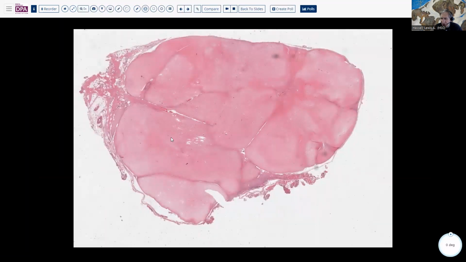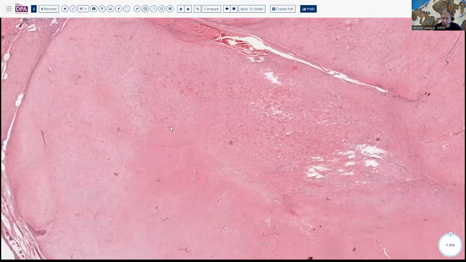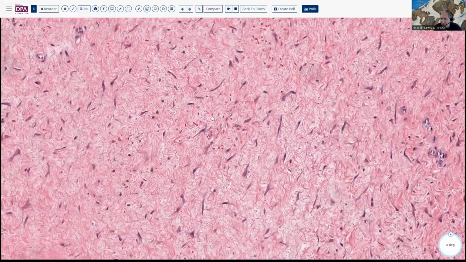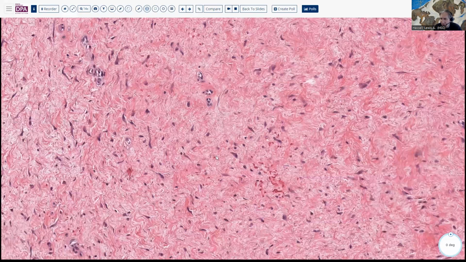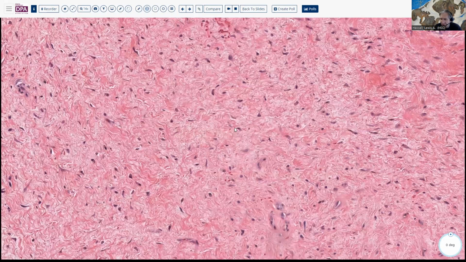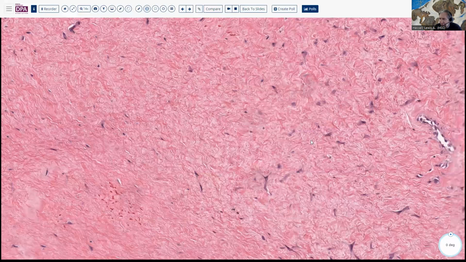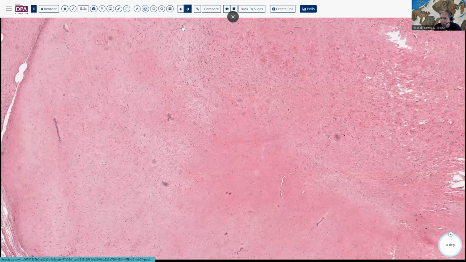So here's a loosely nodular appearance, somewhat circumscribed, and you can see this very paucicellular, somewhat stellate or spindle-shaped cells, sort of wavy, collagenous background, a few small vessels, and generally low cellularity, low degree of atypia, as you can see here in this example. Another example,